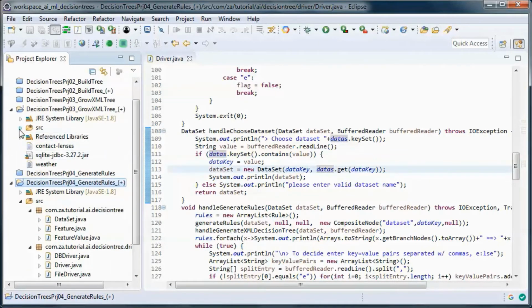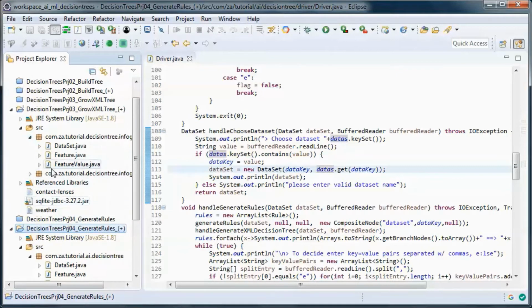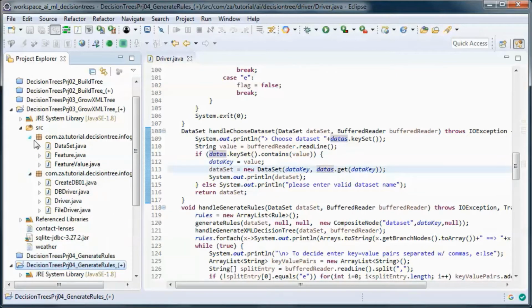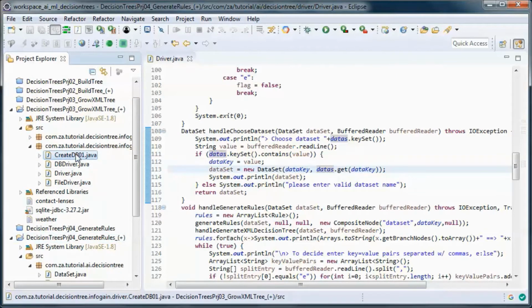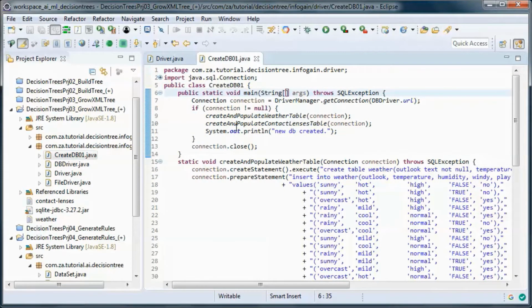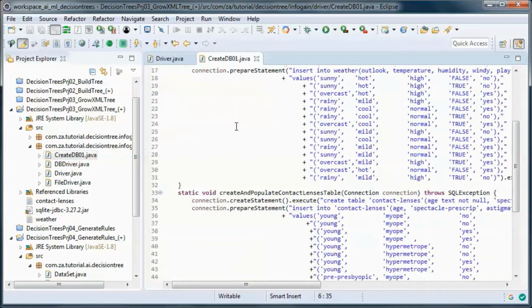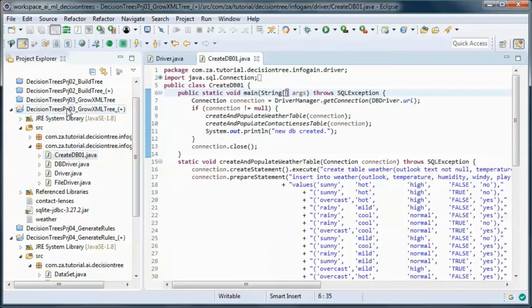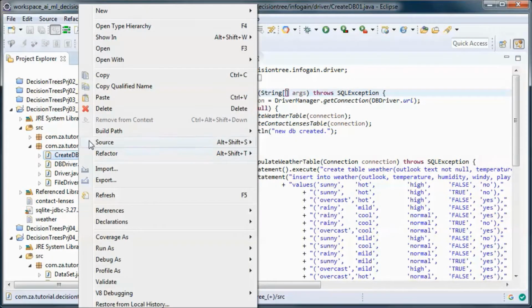And we still need this one that will create and populate the database that we created in this project. So let's copy it,